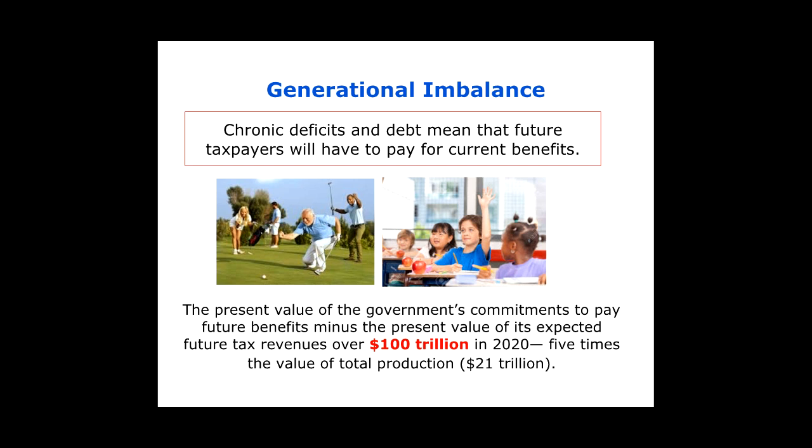Now, it's also interesting to note that $30 trillion is the amount that we've accumulated in borrowing and in debt up to now. But there's a lot of spending that's mandated out into the future. And so if we run the numbers out into the future, the actual net present value of the amount of money we're going to be spending versus the amount of money we're going to bring in is probably a lot larger than $30 trillion. Many estimates put it at $100 trillion or more. So if you were concerned about 30 trillion, you have more reasons to be concerned.